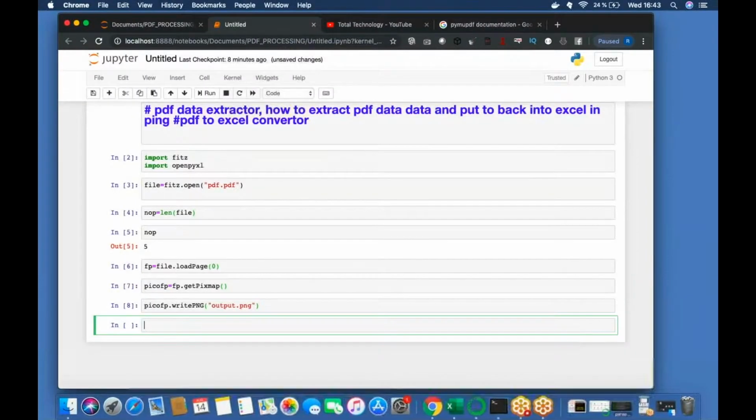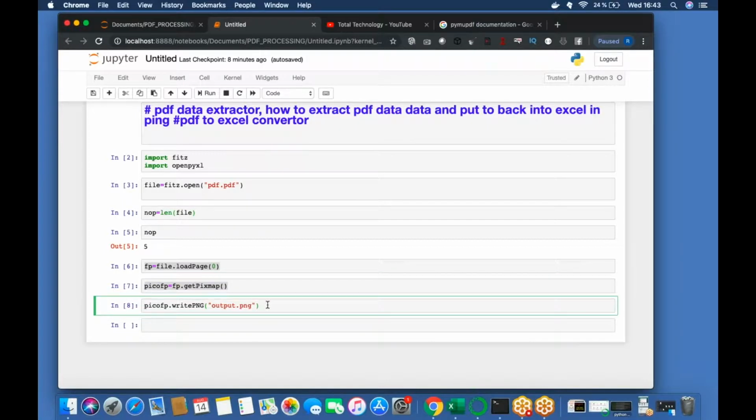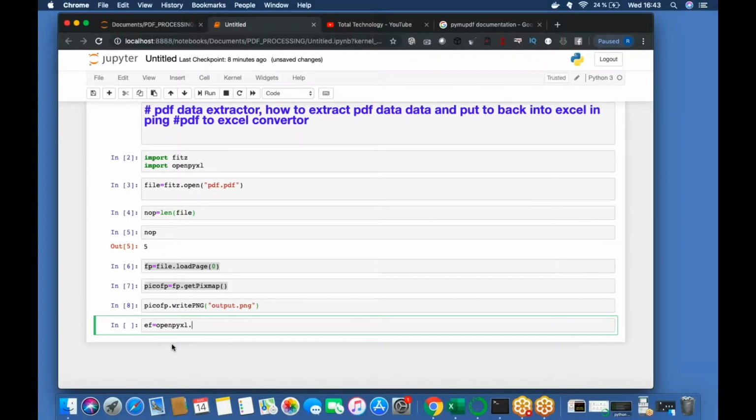Okay, now the next thing is that we have seen how to convert. If I highlight this, here we are loading the first page, converting the page into an image, and here we are converting that image into a file, saving it in .png format. So now we want to write this output.png into Excel. For doing that, let's create an Excel file, ef equals to open file Excel, I think workbook,